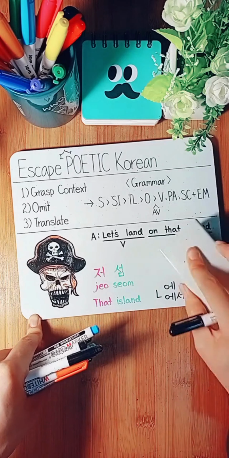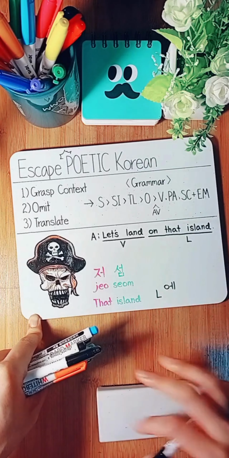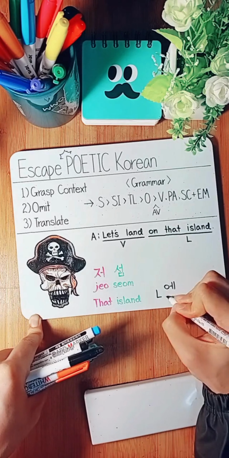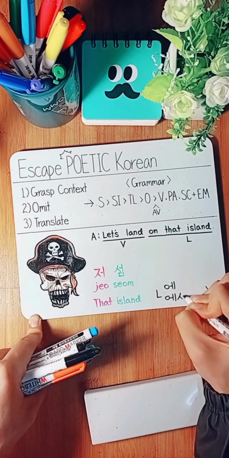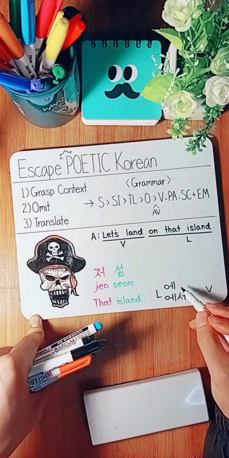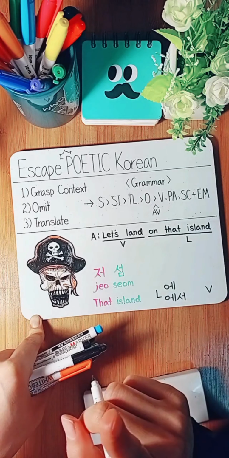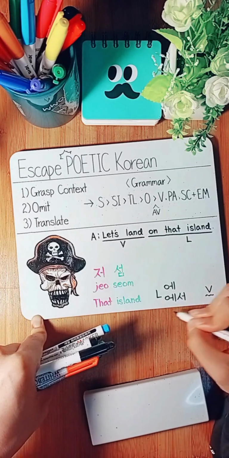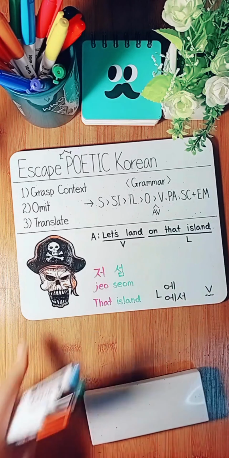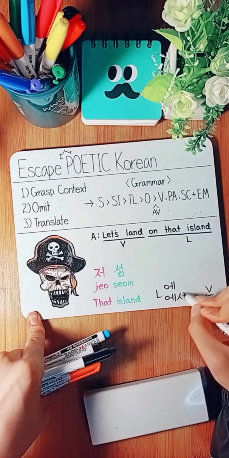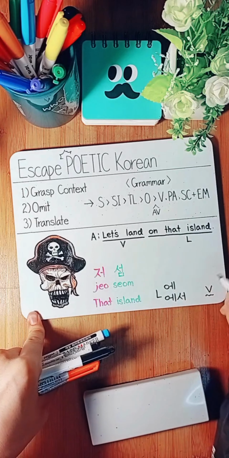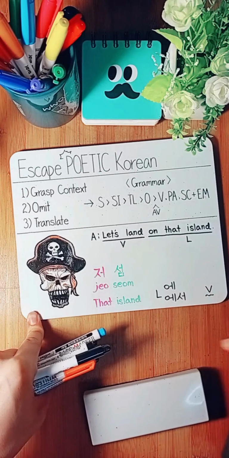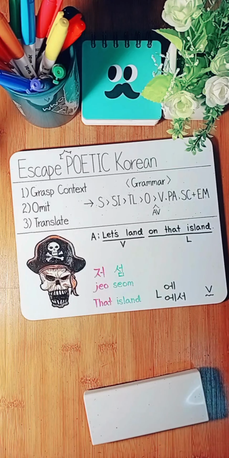I'm going to use 에 for a very specific reason. You use 에 instead of 에서 when the verb is the means that allows you to get to the location. Once again, you use 에 instead of 에서 when the verb is the means that allows you to get to the location. For example, if I'm going to say,